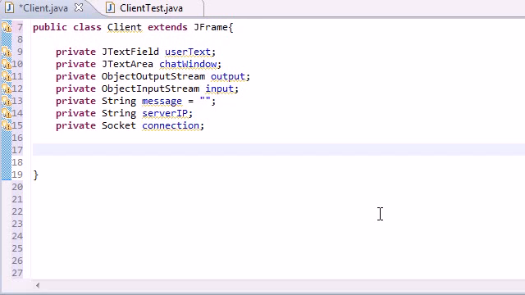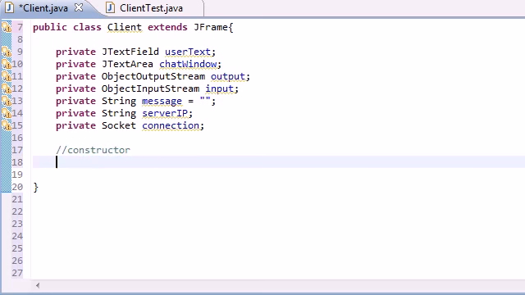Alright guys, welcome to your 50th tutorial, and as promised we're going to be working on the constructor and also the GUI in this lesson. So let's go ahead and do that right now. So public client is the name of the class I'm working in, and I'm actually going to pass in a